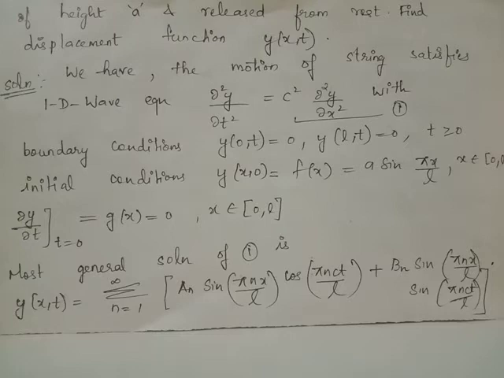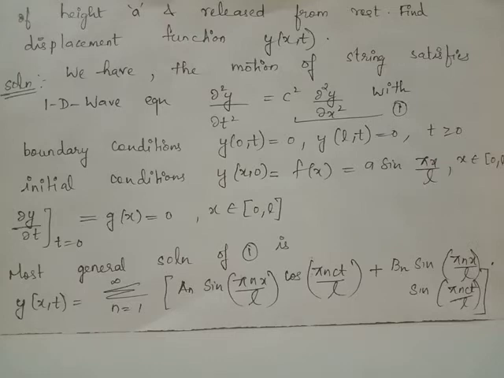Since motion of the string satisfies the one-dimensional wave equation given by ∂²y/∂t² equals c² times ∂²y/∂x², which we call equation 1, we have the boundary conditions given by y(0,t) equals y(L,t) equals 0 for all t greater than or equal to 0, and initial conditions given by y(x,0) equals f(x), and in our question f(x) is given as a times sine pi x by L,